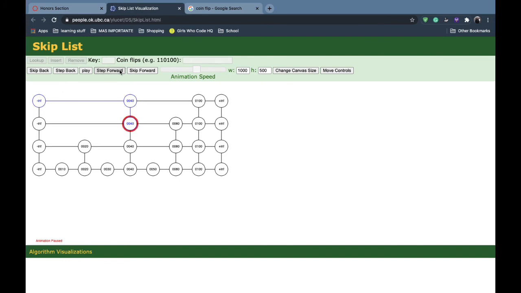And it'll move to the right because it's equal to, and then it will check again. It will compare 80 to 100 and check that if the key of the right is greater than it, which is 100. 100 is greater than 80, so it will move down, and it will go all the way to the bottom. And now that we're at the bottom, it can't go any further, so the key is found right here